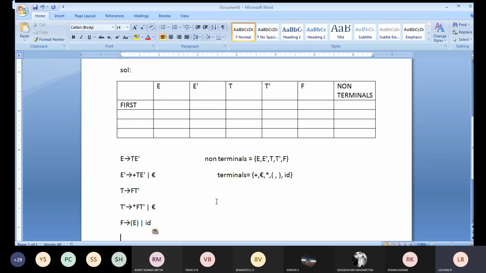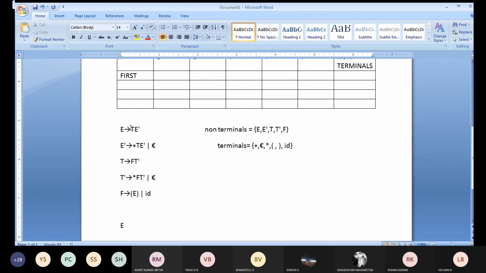So in the first production, E implies, what is the first thing you got here? T you got, yes or no? You got capital T, which means you have not got a terminal, you have got a non-terminal.